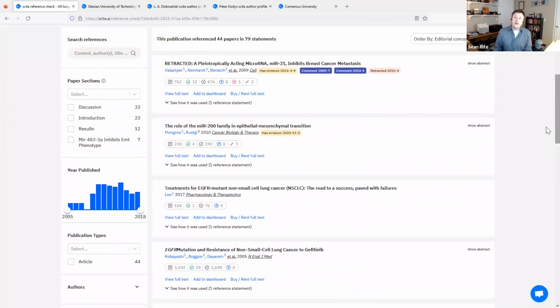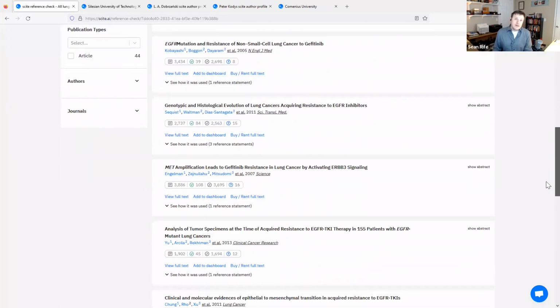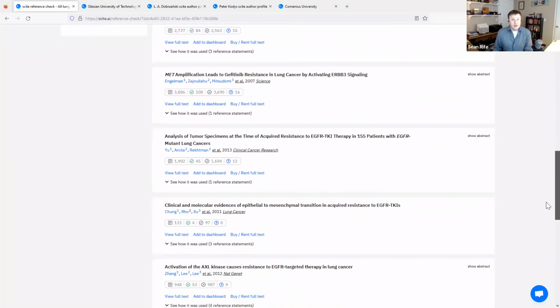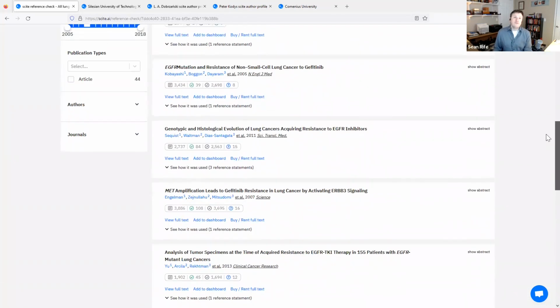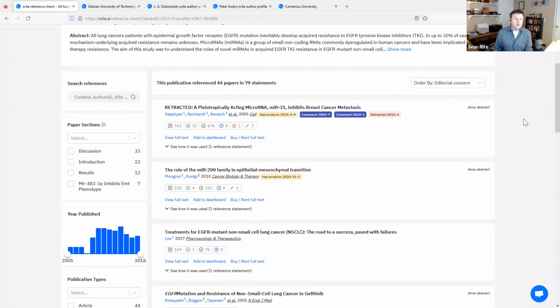This is a thing that I now do whenever I'm writing a paper. It's a thing that I do now when my graduate students are writing their thesis. I run it through reference check. It's also a part of my work as a reviewer. If I'm sent a paper for peer review, this is one of the health checks that I'll give that paper.